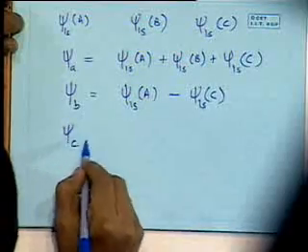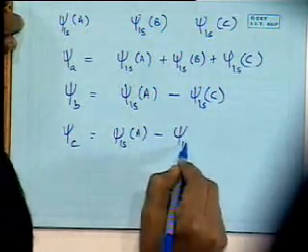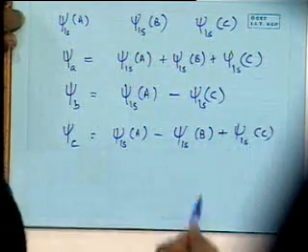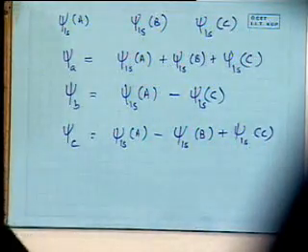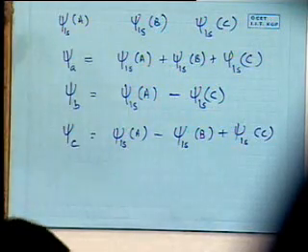And then for psi C, we have psi 1s A minus psi 1s B plus psi 1s C. Okay. These are 3 possible ways that they're allowed to combine according to various rules that are there for such